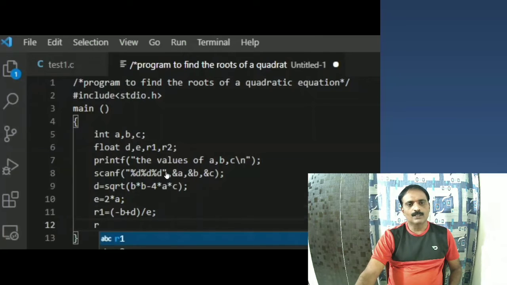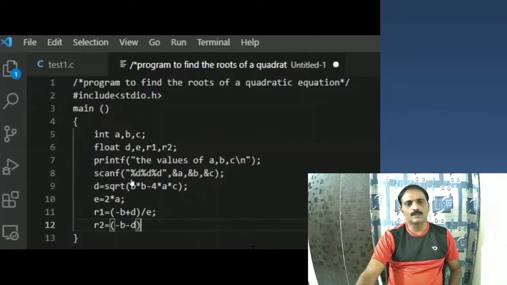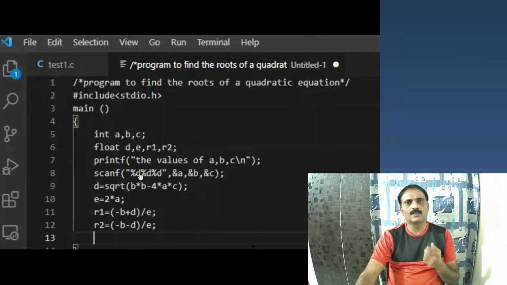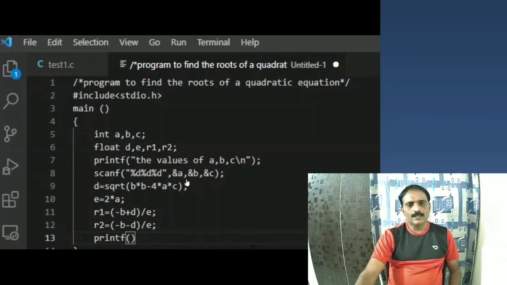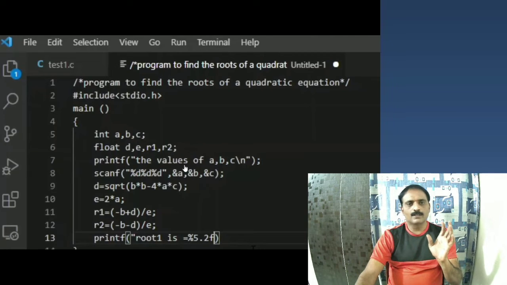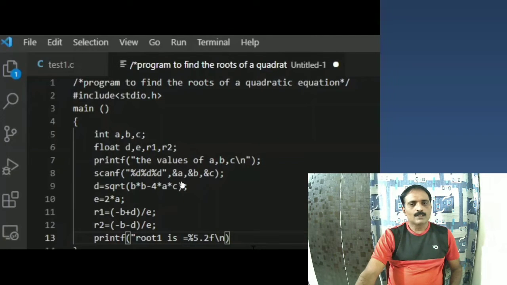Scanf within double quotations, as we are going to give three integer inputs, we use %d, %d and %d. Percentage d is the format specifier for the integer input. Then ampersand a, ampersand b and ampersand c help us store the value of a in a particular location in the computer.